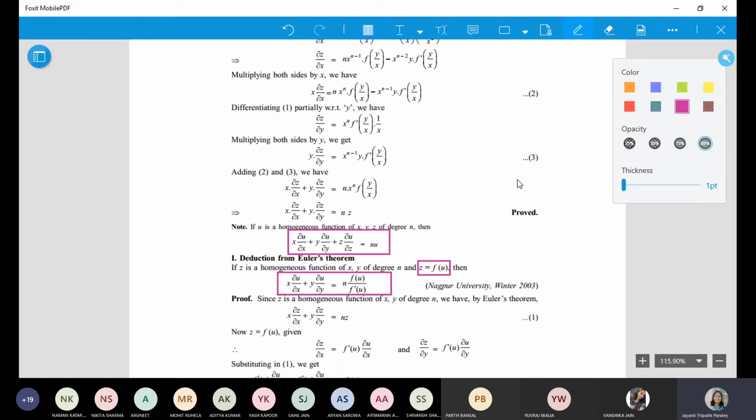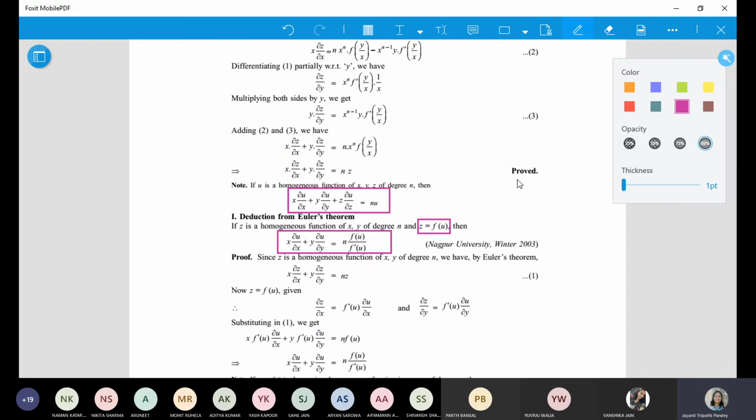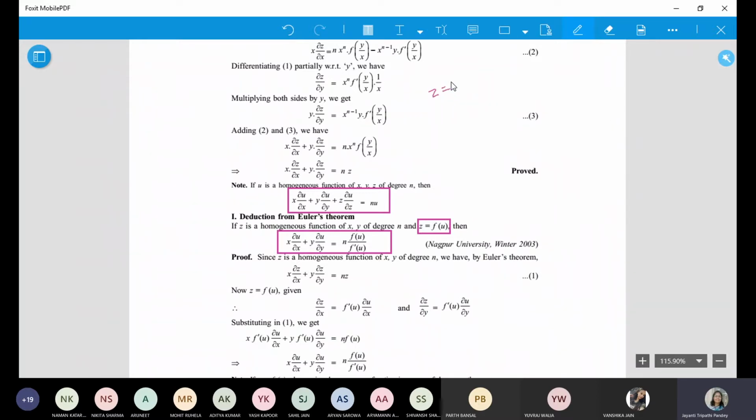All right. Now this is one direct deduction from Euler's theorem. Suppose your u is not giving you a homogeneous function, but if you use substitution, like in the previous example I told you, if you use z is equal to sin u, and then you use the substitution and convert it into homogeneous, then the value comes out like this. So I want you to note it down. Note down this, note down this, and the first one in 2 variables. Then we will take up questions.